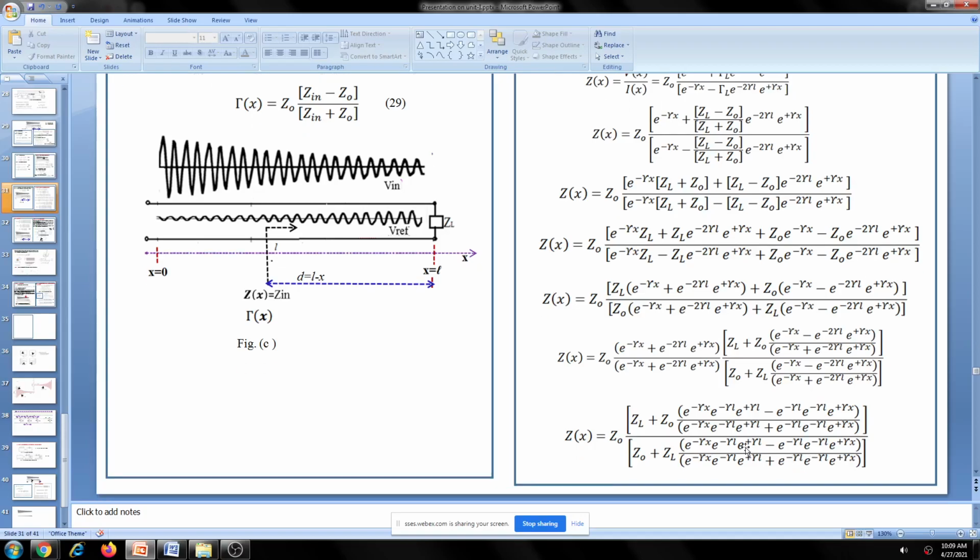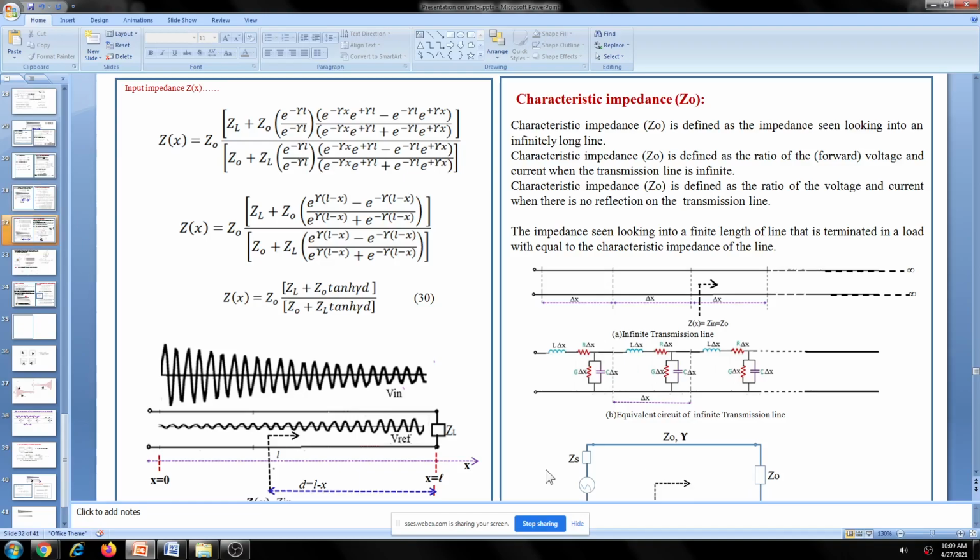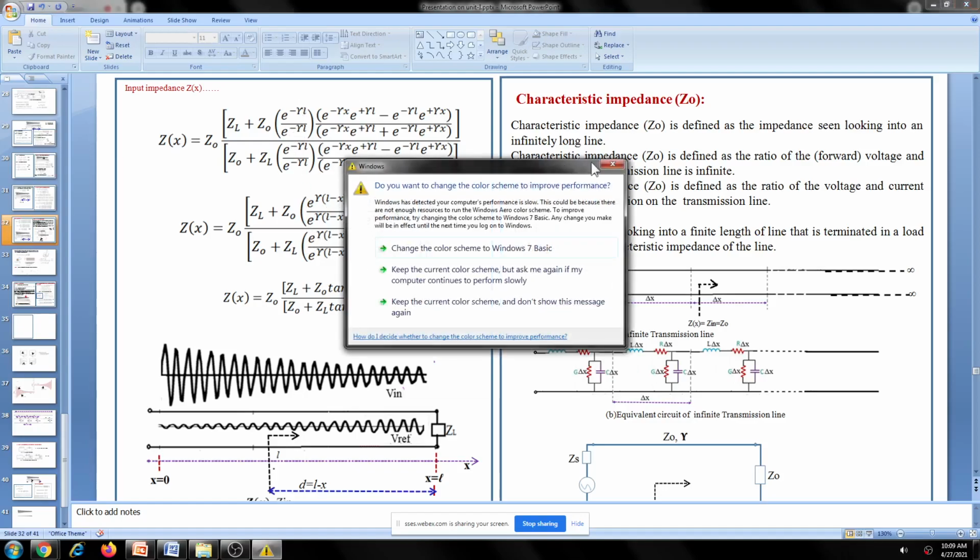Okay, now in this numerator, this term and this term, if you take e to the power minus gamma l outside here and also here, it is like this. Similarly in the denominator you do like this. Okay, the remaining term is here like this here. Okay, so finally what we will be getting, these two will be cancelling and remaining is this here.